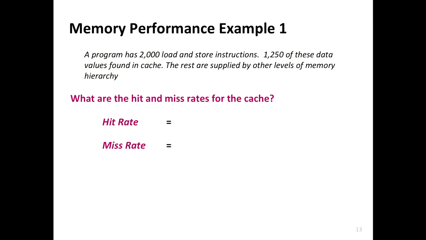So a quick example, I don't think we need to go too much into detail. It's pretty straightforward. 2,000 total instructions, 1,250 of it is in the cache. So you see the hit rate is,